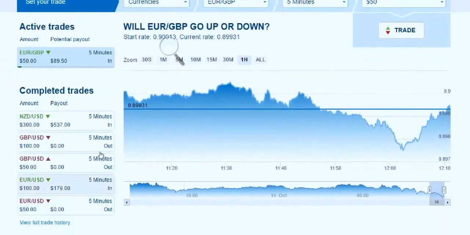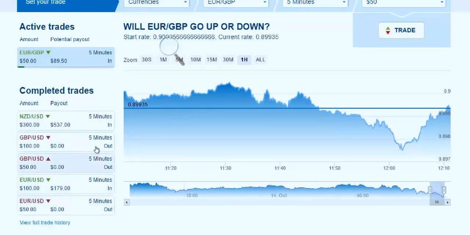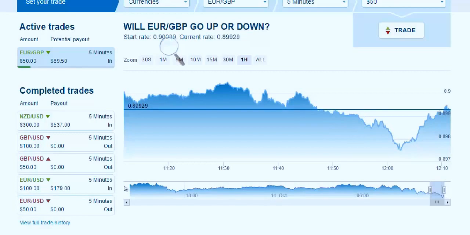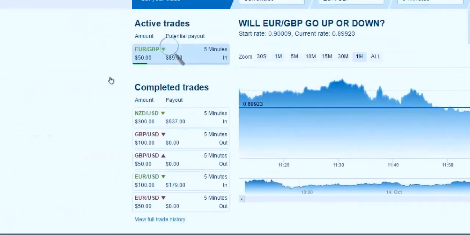So you can see even my previous trades here, the strategy that I was using, I lost here the 50 bucks. I put 100 on the next signal and I won. I go back to 50, I lose again, put 100. I go on the third one and I win. So in this case, I'll be getting 100% profit, because you know that once you lose the trade, you put a big amount to get a small profit, and your loss, you cover it back. So like I was saying, guys,